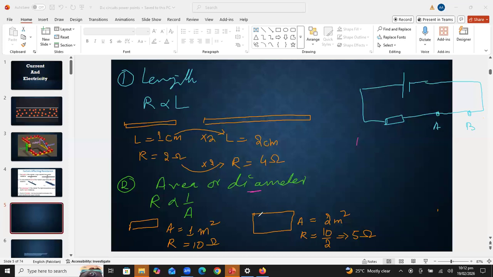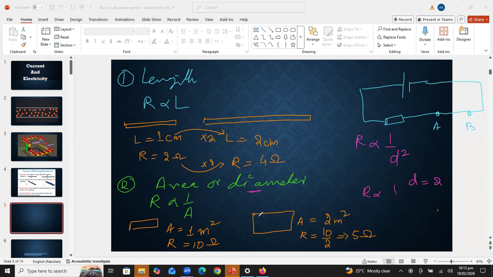So look, beta, resistance and diameter square are inversely related with each other. Okay, resistance and diameter square are inversely related. So it means, students, if diameter is doubled, resistance will decrease 4 times. Like if I'm increasing the diameter 2 times, if I put the 2 here in this formula,